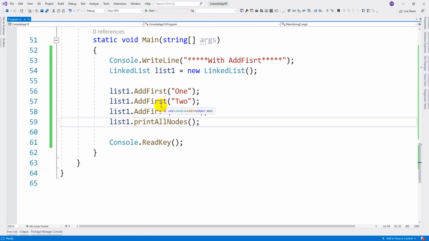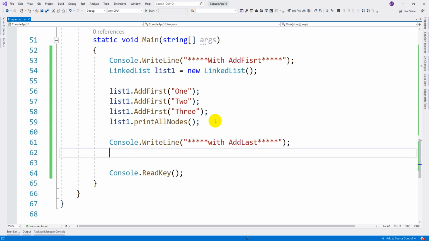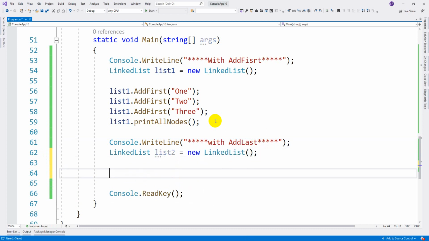Now let's see how the AddLast method works. Console.WriteLine with add last. Again let's take one more linked list object, LinkedList list2 equal to new LinkedList. list2.AddLast.